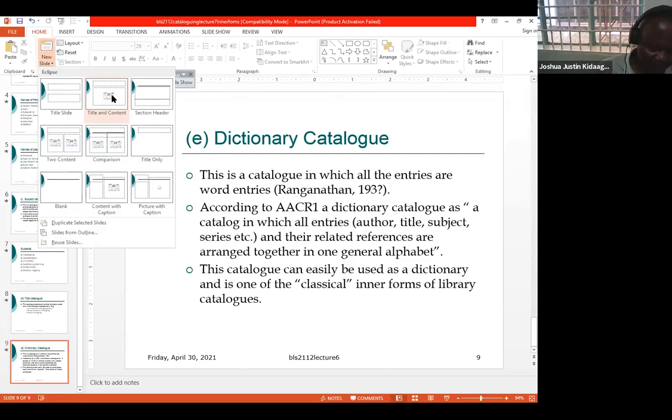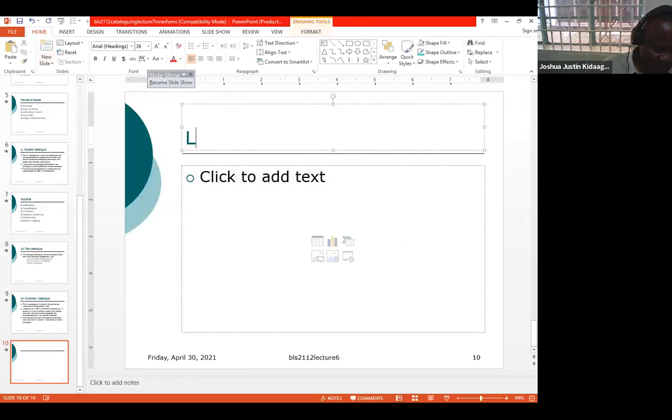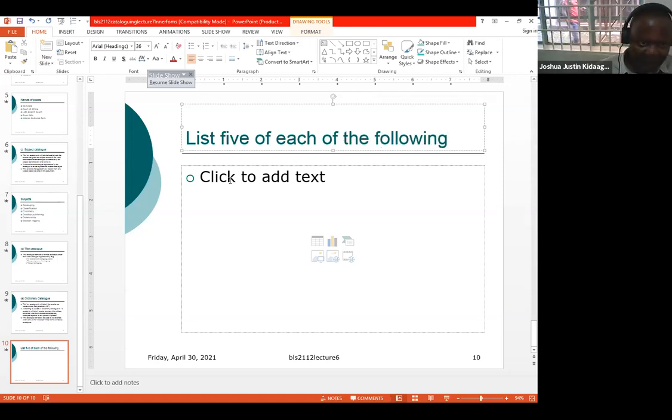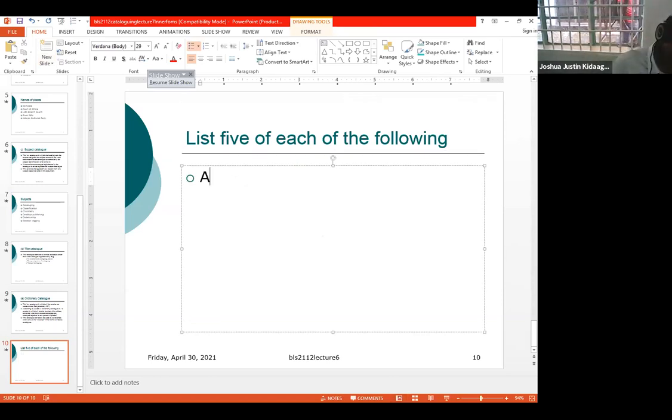I want you to list 5 of each of the following. The first one, I want you to come up with the authors. You give all names, surname and other names. Then you will come up with